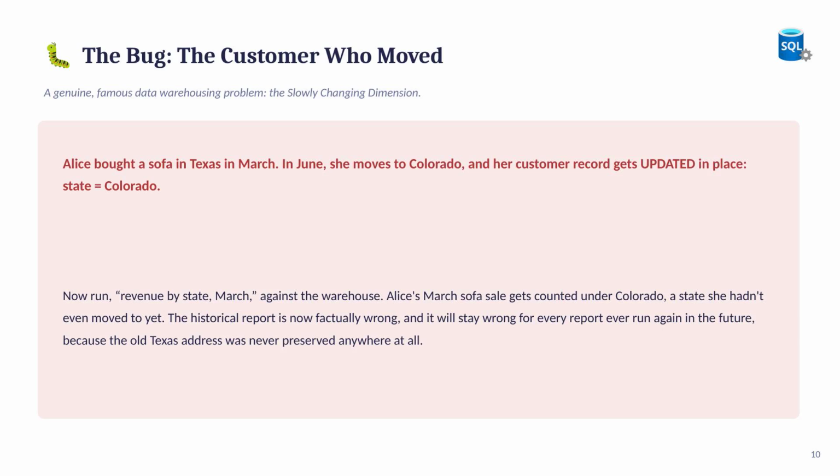Now, a genuinely famous problem in data warehousing, and the actual bug this video is built around: the slowly changing dimension. Alice bought a sofa in Texas, back in March. In June, she moves to Colorado, and her customer record gets updated in place. State equals Colorado, exactly the way you'd normally update a row in an OLTP system. Now run, quote, revenue by state, for March, against the warehouse. Alice's March sofa sale gets counted under Colorado, a state she genuinely hadn't even moved to yet at the time she actually bought it. The historical report is now factually, provably wrong,